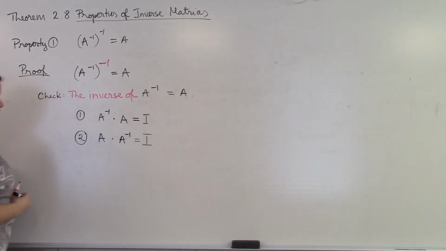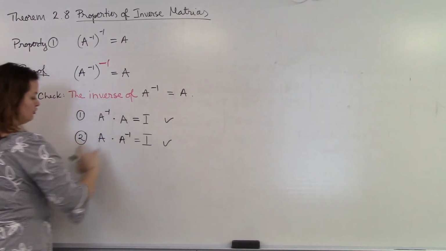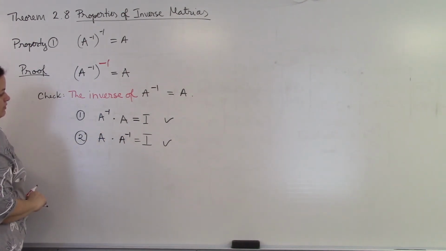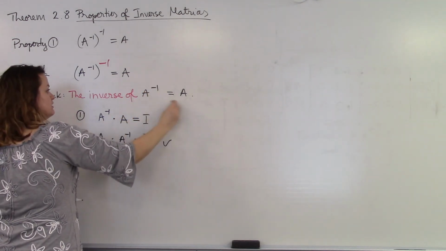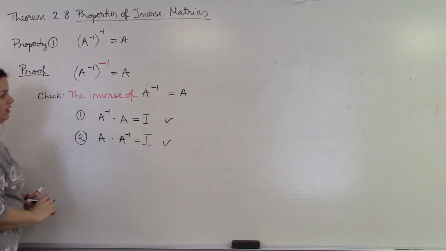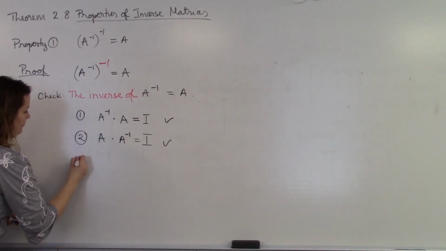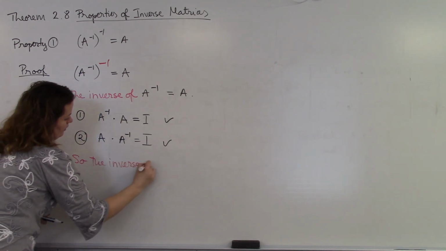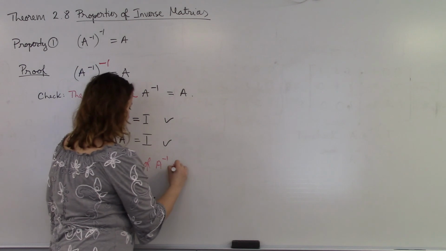Well, does that happen? Yes, it does, because that's the definition of what it means for A inverse. So that means that the inverse of this guy is exactly what I hoped it would be. So the inverse of A inverse is